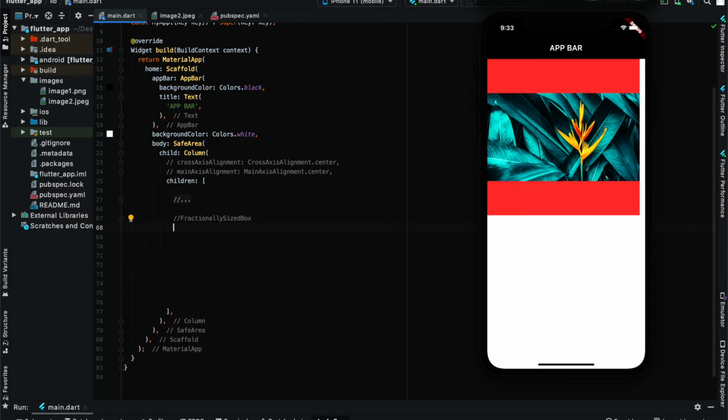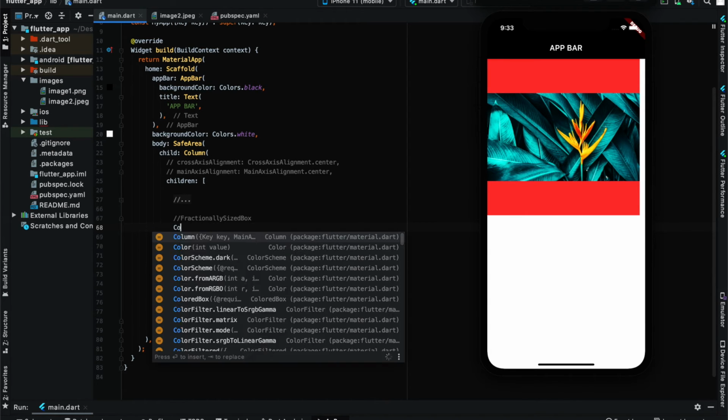So what happens is a fraction is given to your width and height factor. Suppose I give the width factor as 0.8, that means 80% of the available space will be filled. Then suppose I give the height factor as 0.4, that means 40% of the available space will be